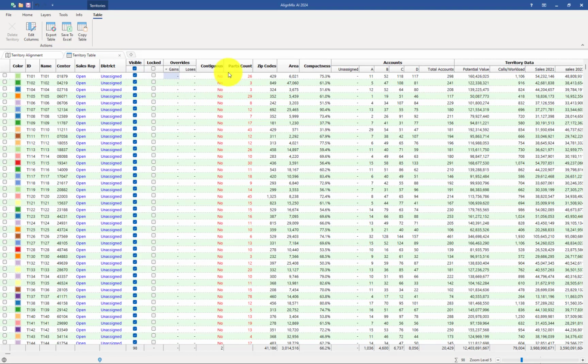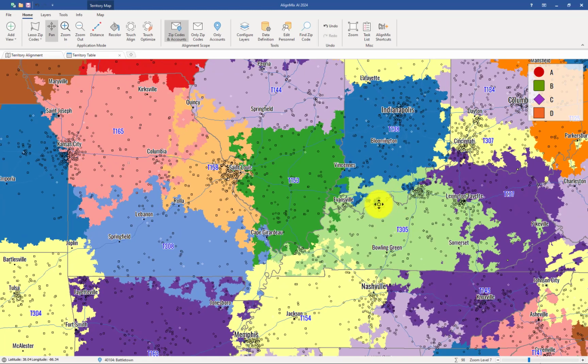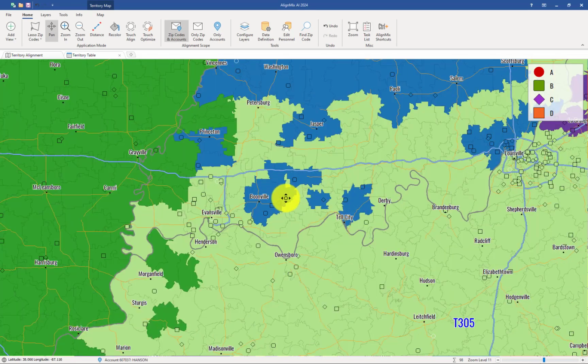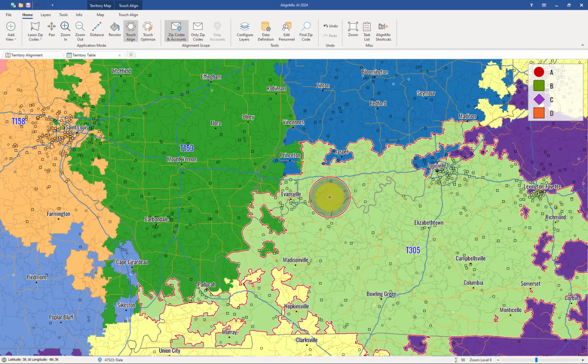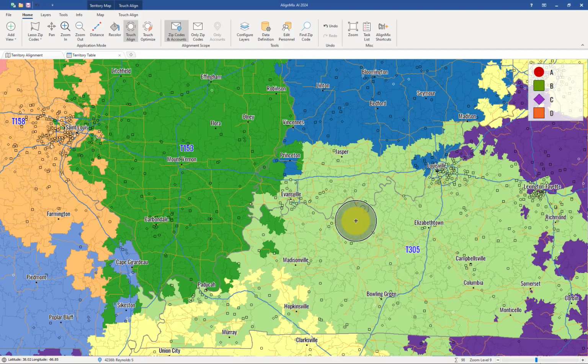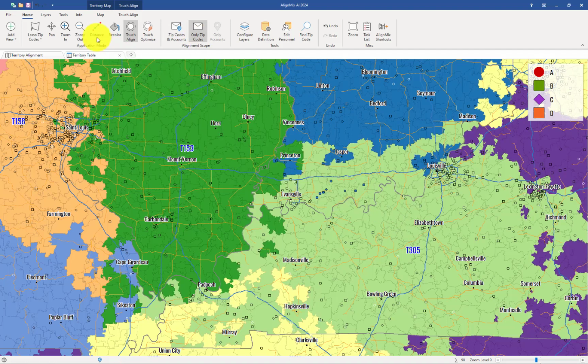So now if an account is located within a territory, it is assigned to that territory. There's one other thing here that we can see in the table view, is that all of our territories are currently incontiguous. And by that, I mean there's little pockets of territories. So for example, here, these little areas are not contiguous to the main part of the territory. And we can fix those by using the Touch Align tool and then simply color in those areas like so. And we move those like that. But when we do that, we've moved also the zip and account assignments. We can undo that, set it to only zip codes, move it like that,